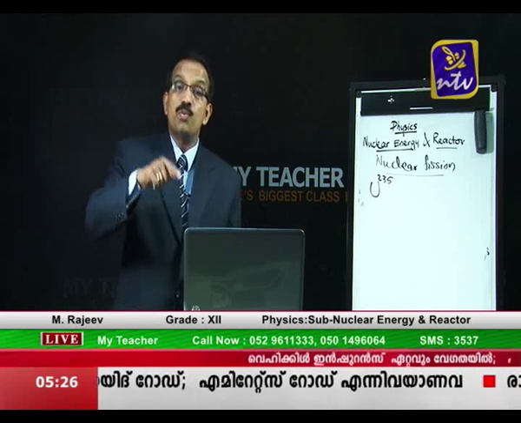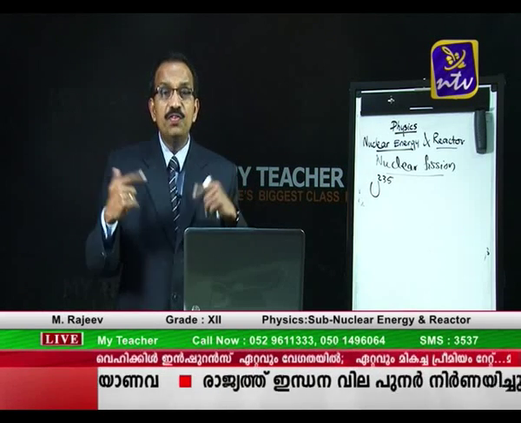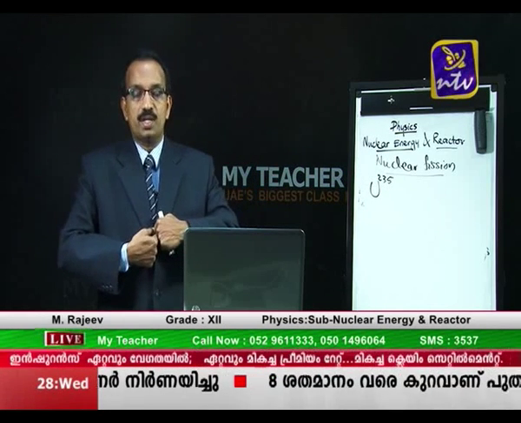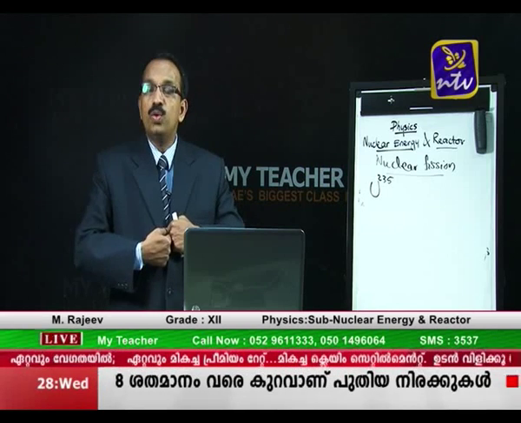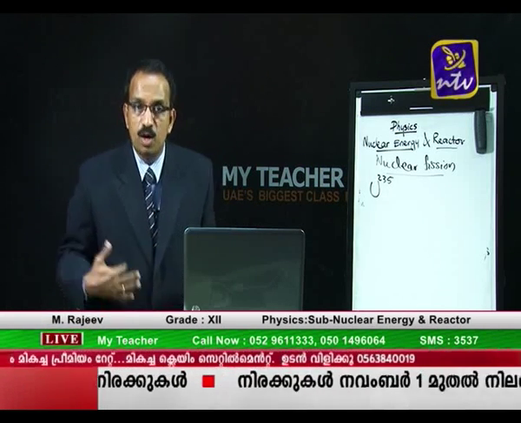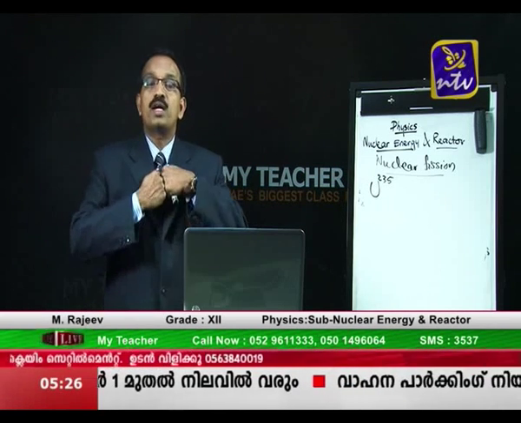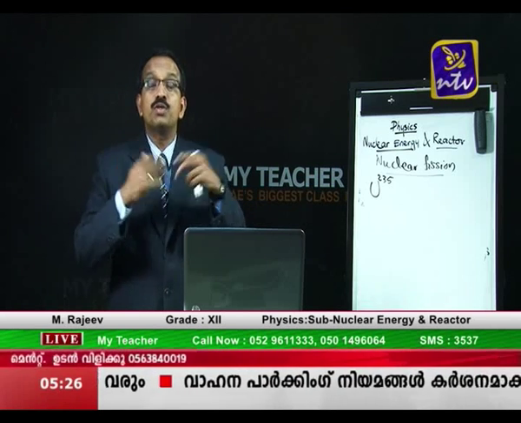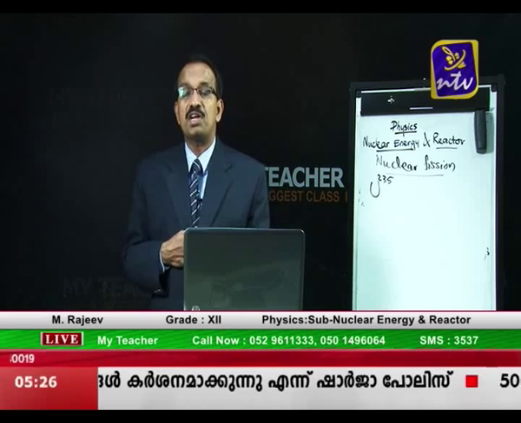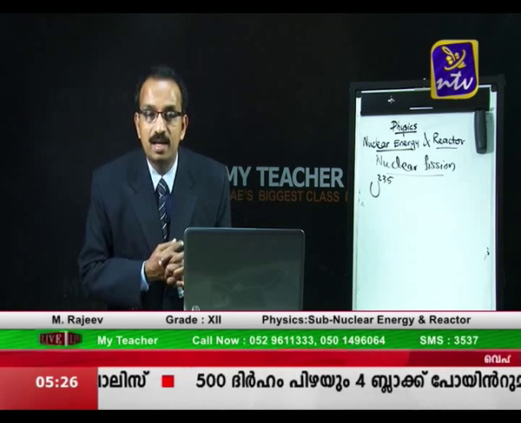These neutrons may cause fission on other nuclei as well, right? If they do, those nuclei will again split and release more neutrons along with the daughter nuclei. Those neutrons will again cause fission, so there will be continuous, subsequent nuclear fission processes, which will lead to a release of a tremendous amount of energy. This is exactly what is called